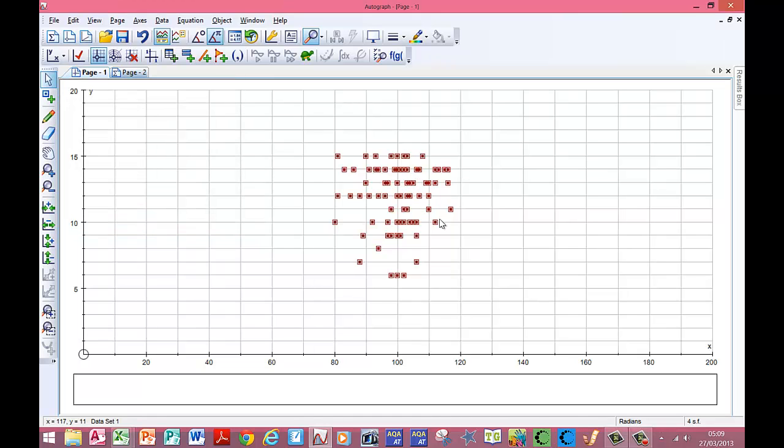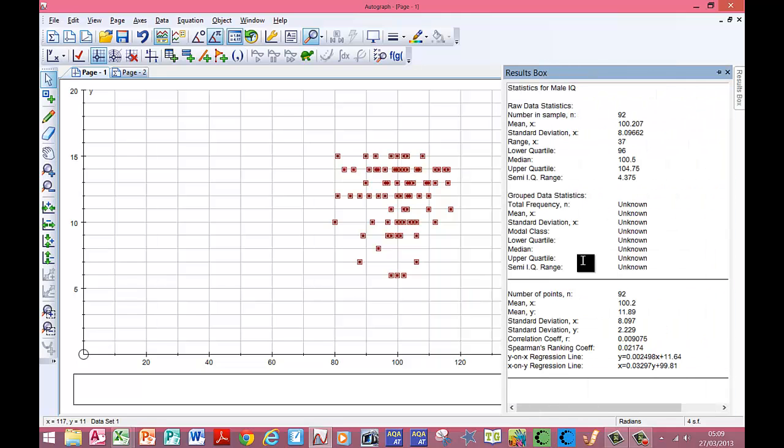And we can see from this, and if we go back to the results box and have a look at our calculations, we can see that Spearman's rank here is suggesting that there's virtually no correlation at all between these particular data sets, this bivariate data, but it does give us the information we need, like the mean for all the data. It's saying X and Y again, so obviously we've got to change that into things. With the Spearman's rank being so low, then obviously we can't